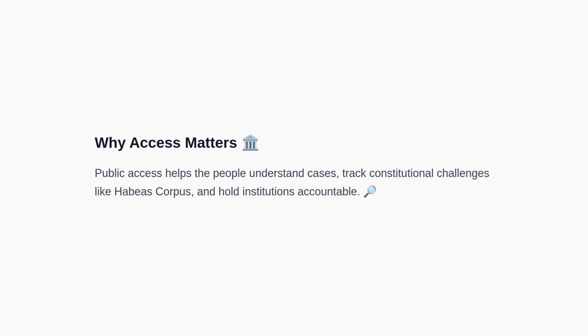Public access to federal court documents is not just a convenience. It is a cornerstone of transparency and accountability. Access lets you follow constitutional cases, such as habeas corpus petitions, read official filings like government responses, and analyze sworn declarations. Moreover, it empowers researchers, journalists, and everyday citizens to understand how the judicial system operates. With that context established, let us now transition to the main obstacle many people face: the PACER system and its